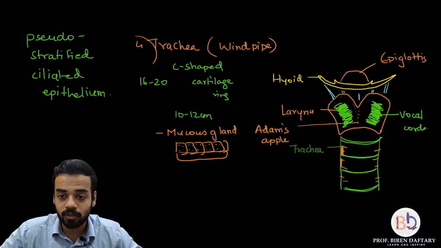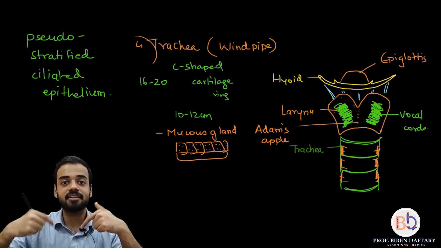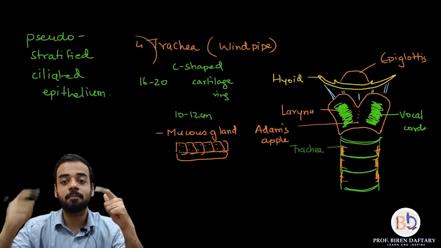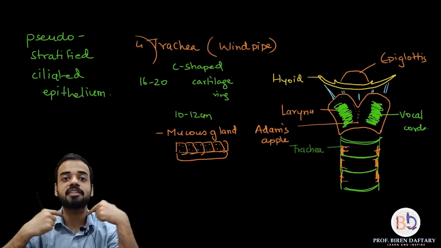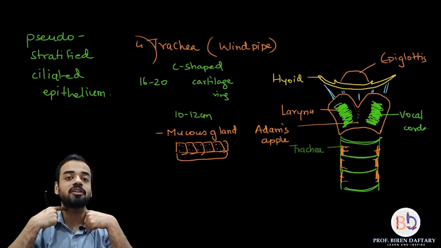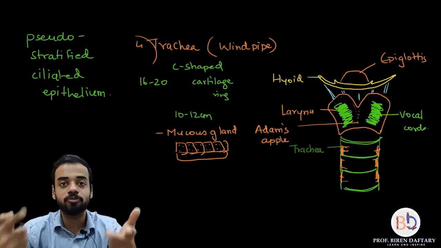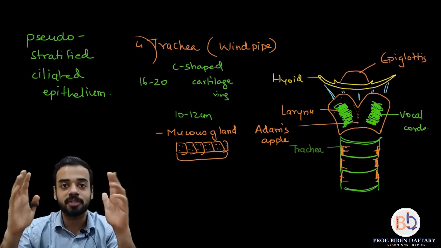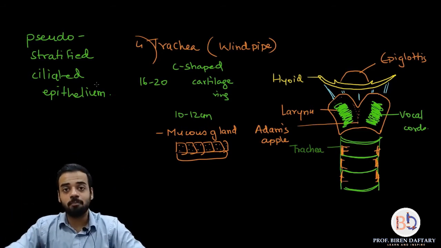So this is your mucus glands. The dust particle, whatever is present, will get stuck over here, and then that stuck dust particle is sent upward by the action of the cilia. The cilia will move upwards and send the dust particle upwards, and when it reaches your throat, you will either cough it out or sneeze it out. That is the way of removing the dust particle out of your respiratory system. Is this clear?